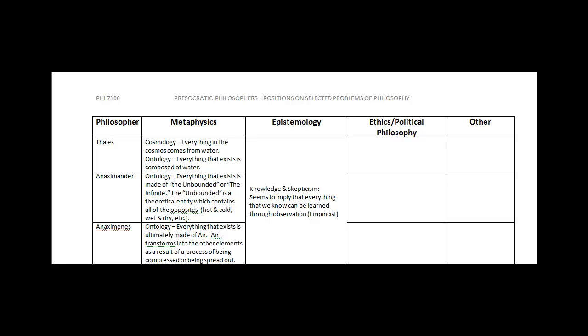One thing that I did change that you might take note of is I left Socrates, Plato, and Aristotle out. We're only doing this for the pre-Socratic philosophers. We'll be spending more time later on talking about Socrates, Plato, and Aristotle. So those are your instructions. If you haven't done it, don't copy what you see on the screen now. Please try to sit down and fill it out yourself. It's a good exercise for helping you understand who these guys are and the problems of philosophy.